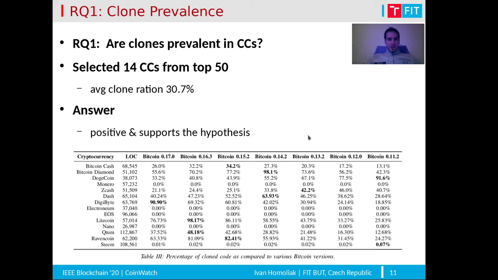we supported the positive answer on this question. And in the table below, we can see, highlighted in bold, the version of Bitcoin which is most similar to the particular cryptocurrency project. So this gives us an intuition from which version this project was forked or which version it is based on. On the other hand, there are also some projects which have almost no code cloned, like Monero or Electroneum,